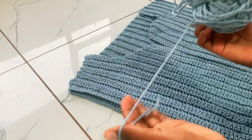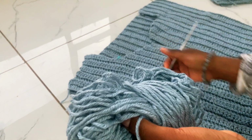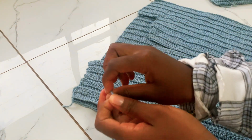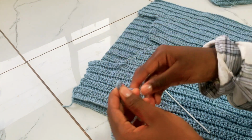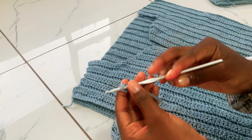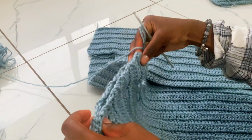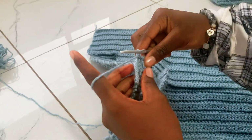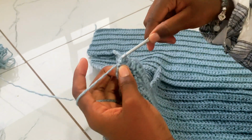So I started off by single crocheting the shoulder sections together. I know you've probably heard me say this in a lot of videos, but I don't have a tapestry needle and it's really hard to find it here in Zimbabwe. That's why I couldn't do one of the designs that I had in my head because I had to sew it together. It would not work if I single crocheted it or slip stitched it together, but I'll do that design another time. So yeah, I just single crocheted all the shoulder pieces together, making sure that they're nicely lined up,